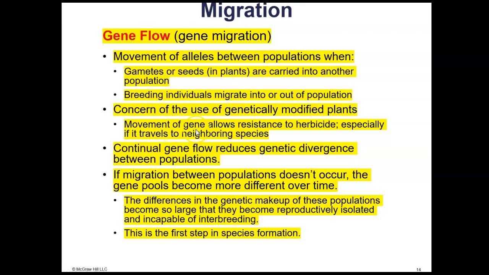It mentions here the concern of using genetically modified plants, because if you have a plant that's been modified to be resistant to a herbicide, and somehow that gene makes it into a weed, the herbicide is not going to be able to affect that particular weed anymore. Continual gene flow reduces genetic divergence between